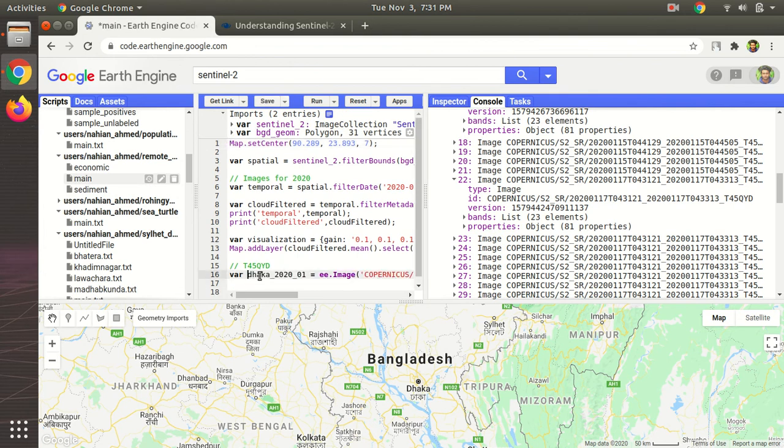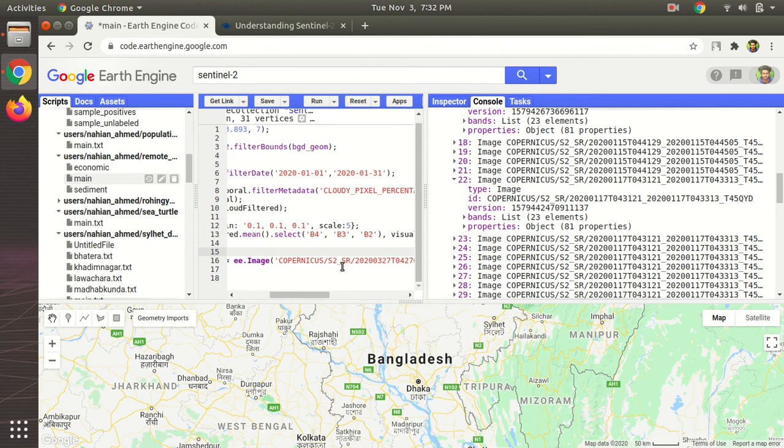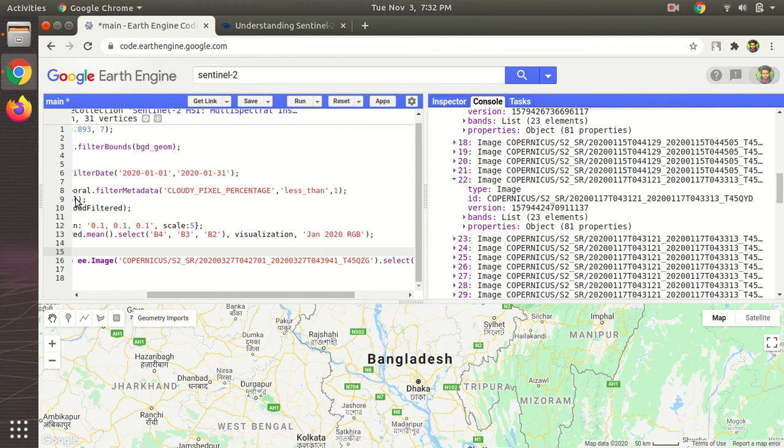Let's name this as the granule for this granule ID, 2020-01, the first 001. This code represents that this is the first granule of this ID that we are adding to the map. And now this ee.Image function creates the image.